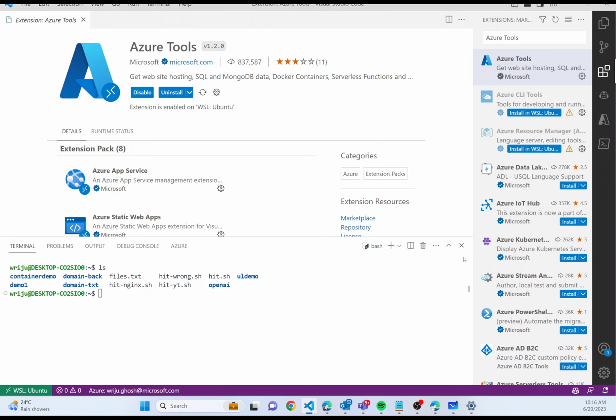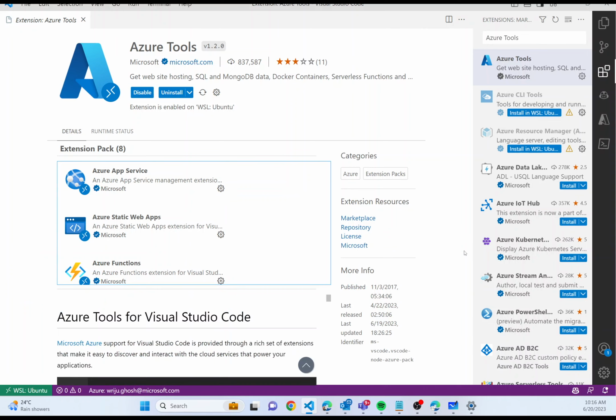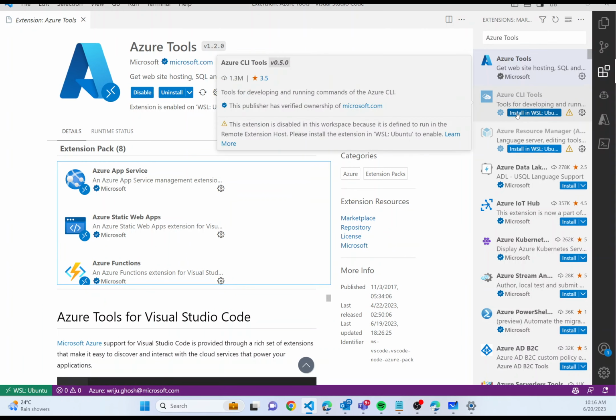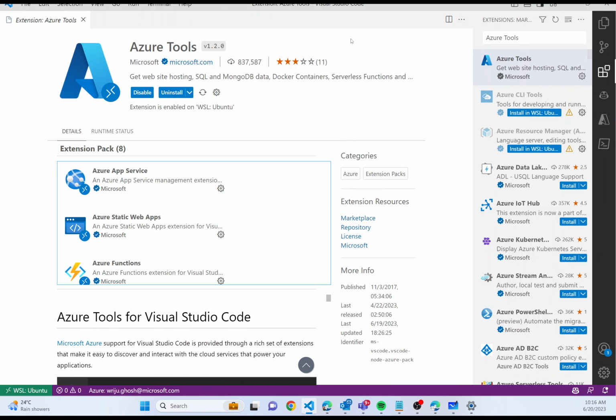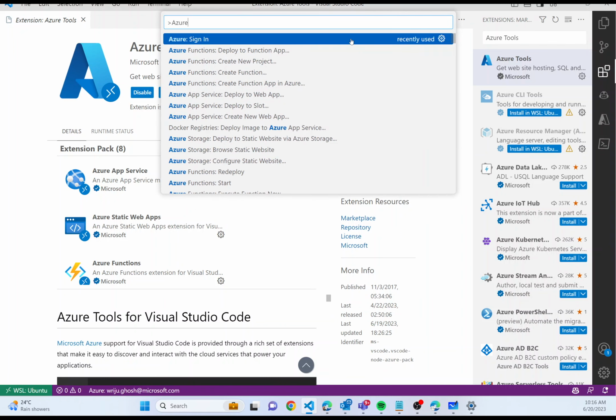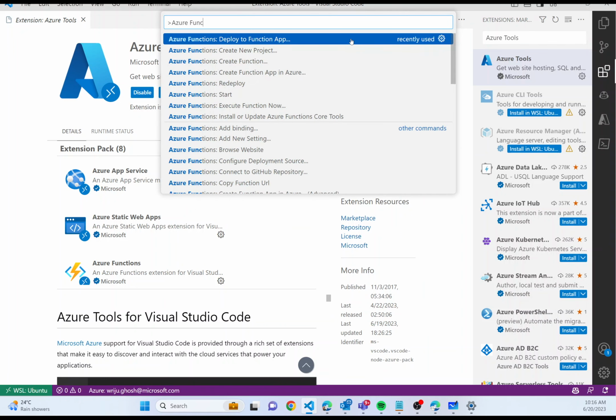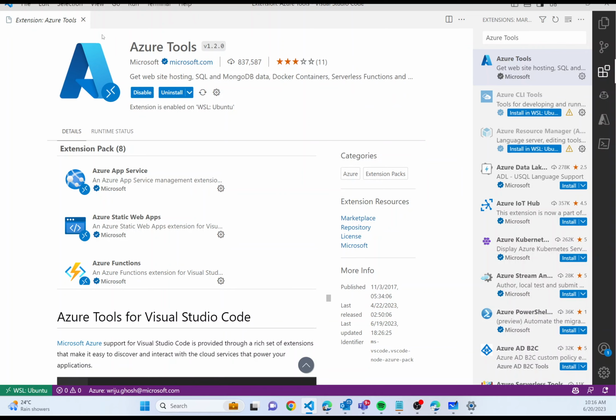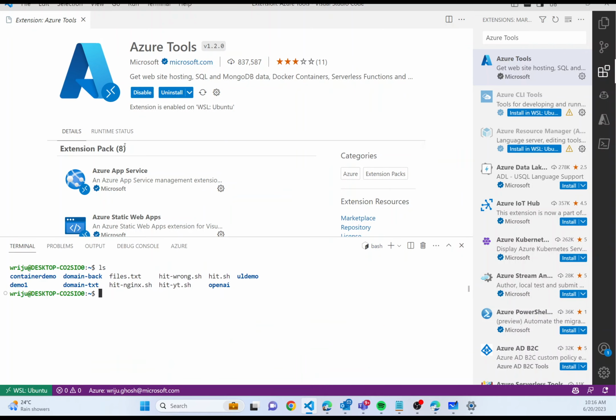Now I need to build the Azure function, right? To build the Azure function, since it is already installed, you can just open the command palette by Control Shift P and then say Azure Functions. You can see that it tells you to create a new project. Now, before I create a new project, I'm going to create a folder for this project. So I'll say